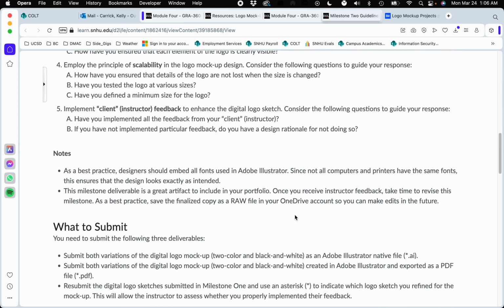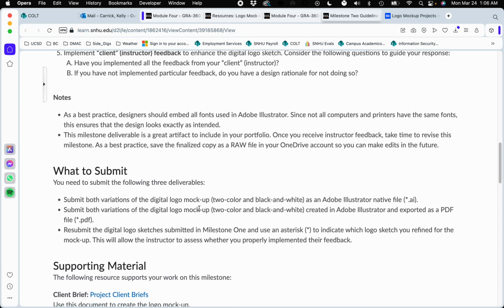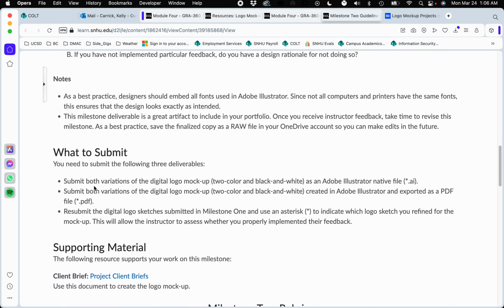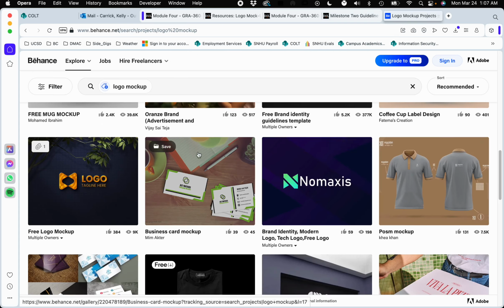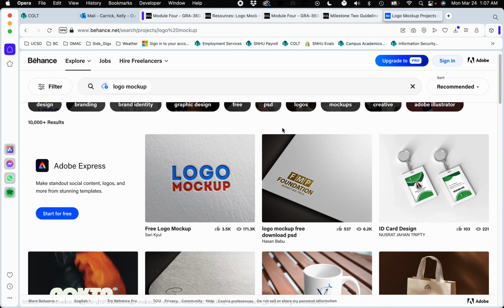Okay, so what I'm asking you to do here, this is kind of the important part, is yes, we're revising the logos, but I want you to apply it to something. Okay, so you're going to give me your variations of your black and white and your color logo, but I want you to mock it up into something. So I'm just going to show it on Behance. If you type in logo mockup, there's all kinds of situations where you can see where your logo would exist in a physical space. So what I want you to do is take your logos and pop it onto something,